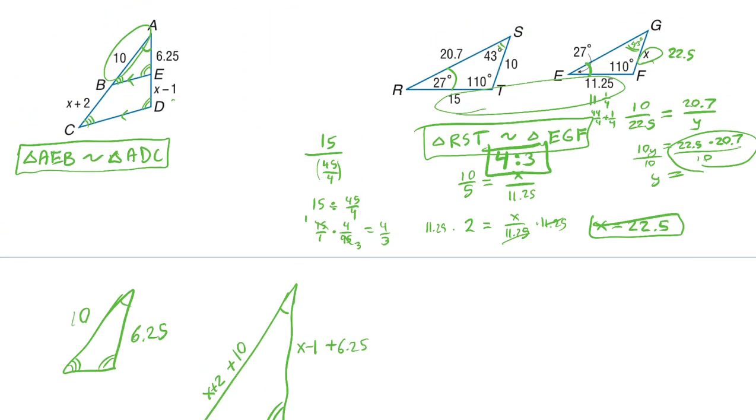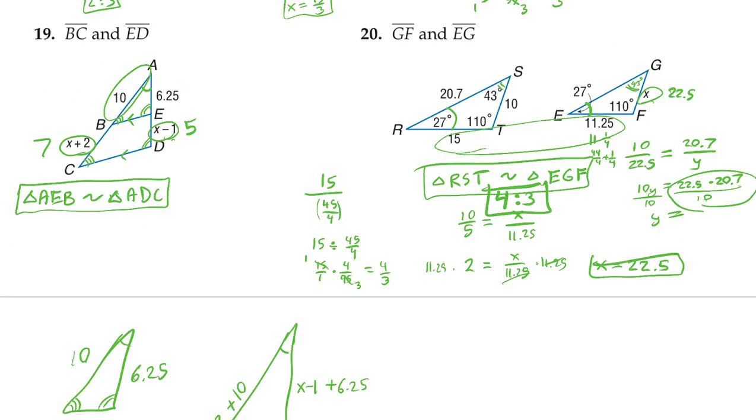We go back up here. That means this side was 5, and this side was 7. The last thing here is just saying the size ratio from AEB to ADC. You just pick any side. I'm going to say this side over here, between 1 and 3. So we get the ratio is 10 to 17. Or you could do it over here and say, okay, those two match. So I'm going to say it's 6.25 to the total, and then you add them together